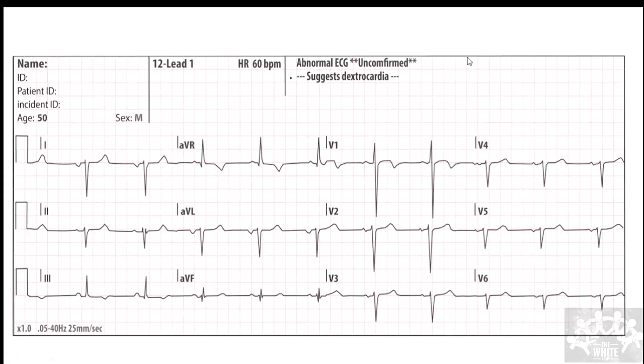Someone says lead reversal. Someone says dextrocardia. Someone has said very well: AVR is positive, dextrocardia or reversal of leads. Very good. Any other answers? Everyone says it is misplaced leads. Majority have said misplaced leads. One has said dextrocardia, and a few have said dextrocardia also. So which is correct?